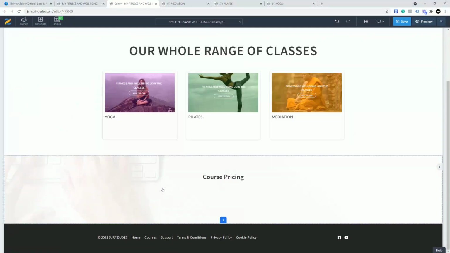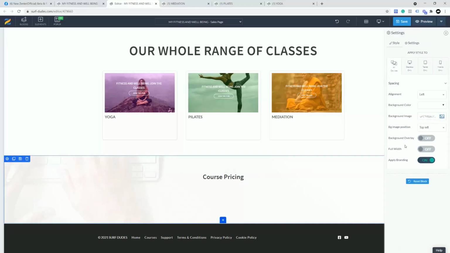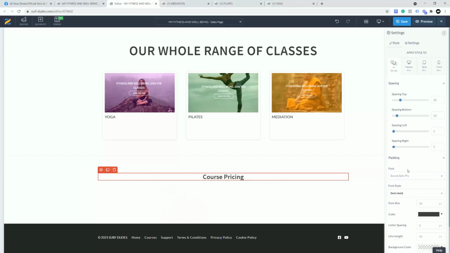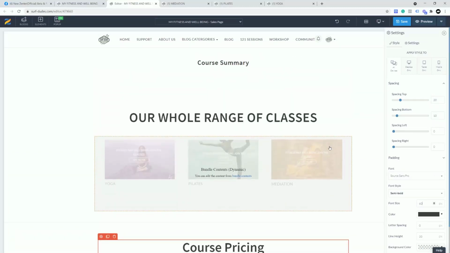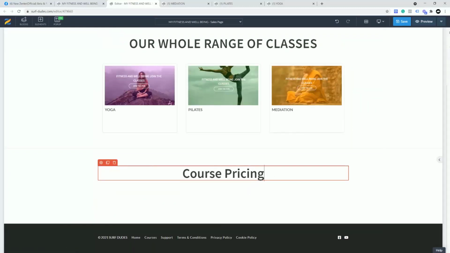There's also course pricing down there. I'm going to change this a little bit. I'm going to get rid of the image, so I'm going to click in there a few times and delete it out. And I want to make this pricing thing bigger as well, so I'm going to put this to 60 as well, so everything matches up in size. I also want to change this and put